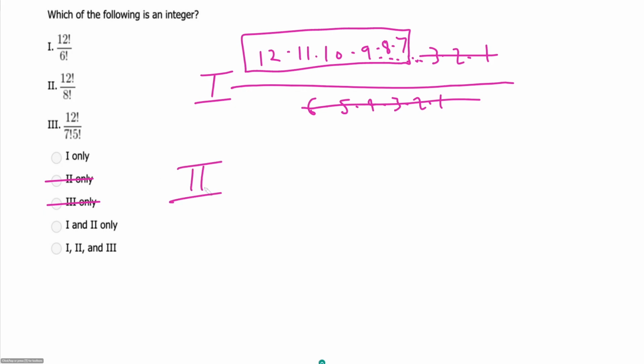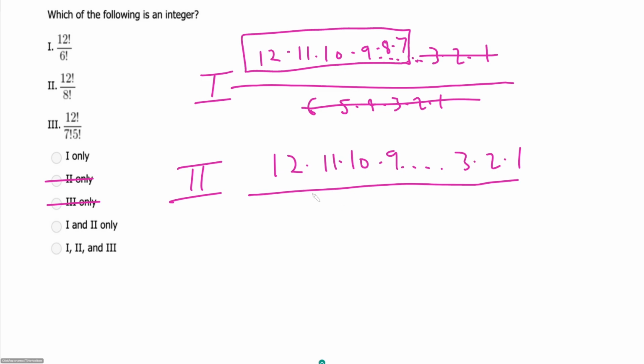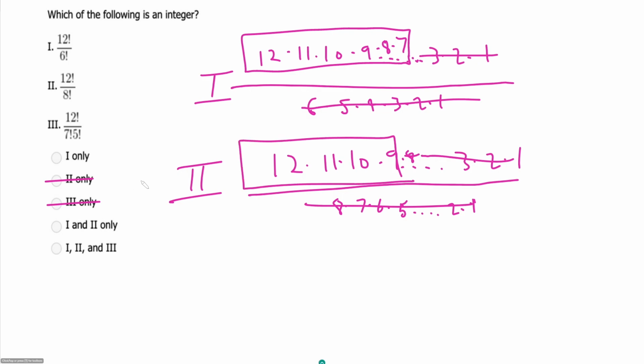Statement 2 says 12 factorial over 8 factorial. So this is the same as above. And so if you see the pattern in the first one, you should quickly see the same pattern here in the second one. Except in the first one, it was the 6 through the 1 that canceled out. Here it should be the 8 through the 1 that cancels out. So we're just left with 12 times 11 times 10 times 9. I don't know what that is, but I know it is an integer. And so